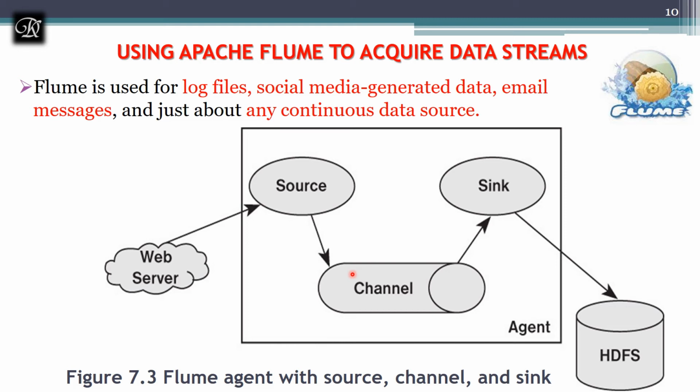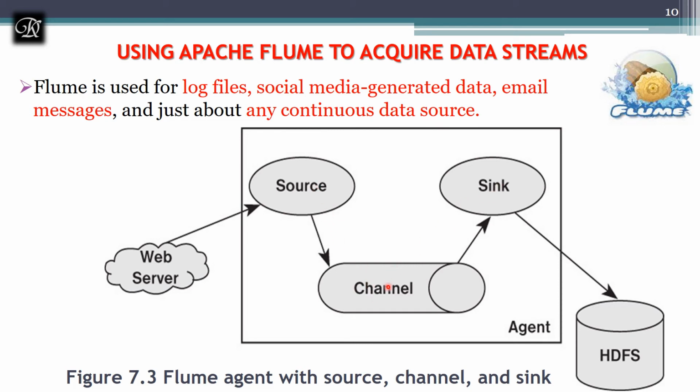Next, what is a channel? Channel is the data queue that forwards the data from the source to the sink, and it can be thought of as a buffer also. Yes, we know channel from when we discussed Unix system programming. There also we used FIFO as a channel when providing inter-process communication. So a channel is nothing but a buffer. When I am capturing the data from web servers and giving it to the channel, it should be a memory where I write, and somebody else reads from that.